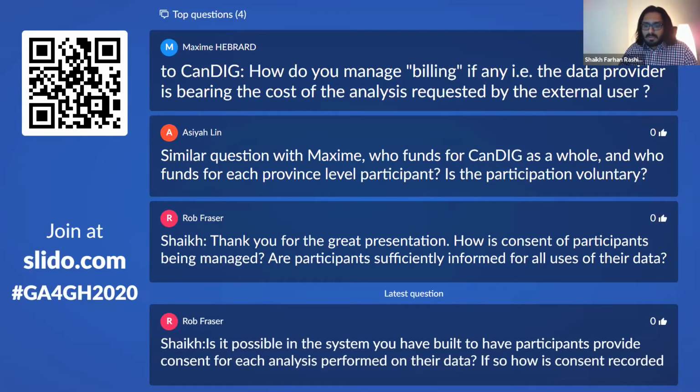We are exploring some cost sharing models for sequencing projects and especially for the long-term storage and the maintenance costs of that data. And as for workflow execution, we'll have to think about how to allocate those costs in terms of the number of computational cycles that are required to run those types of workflows.